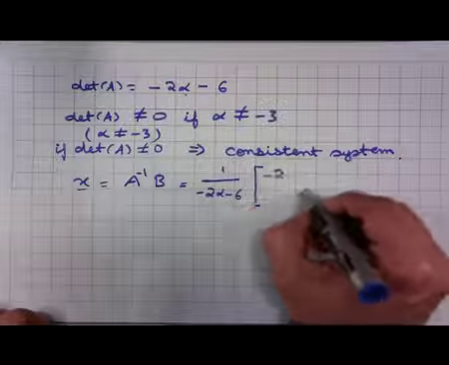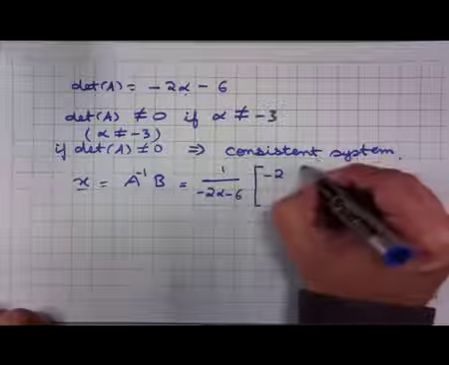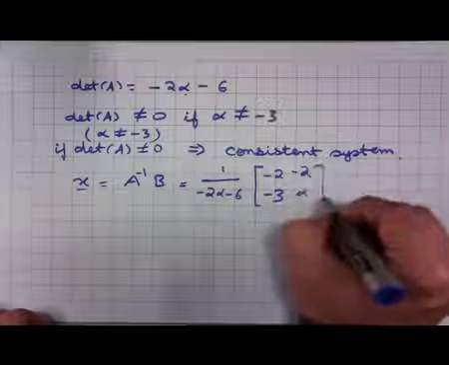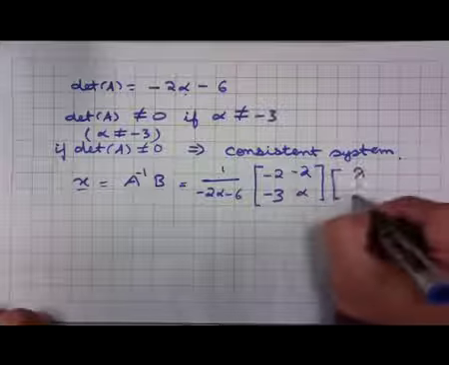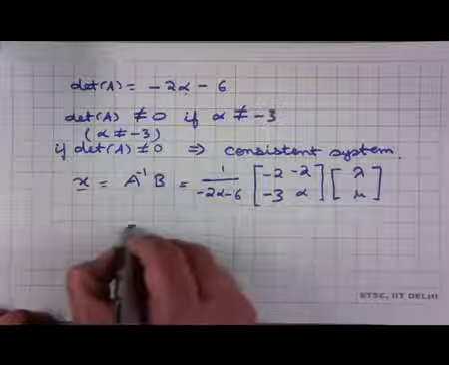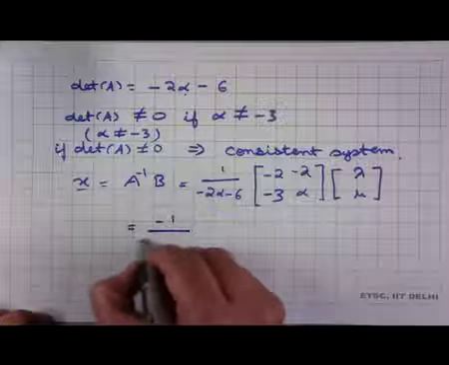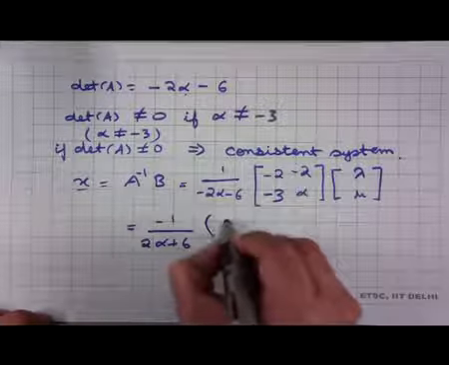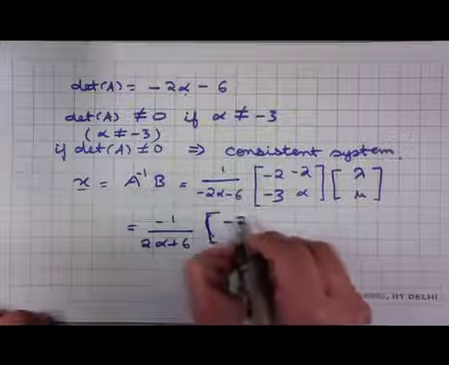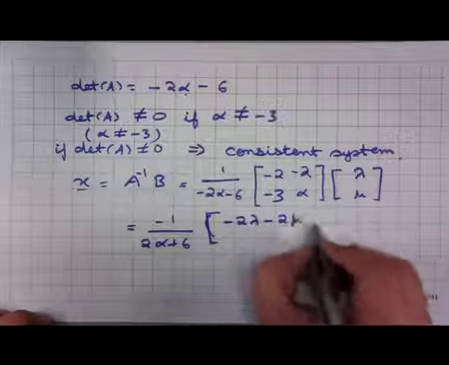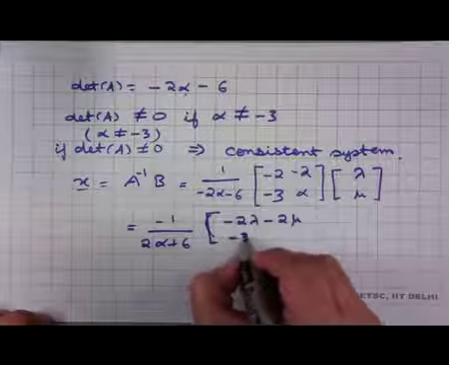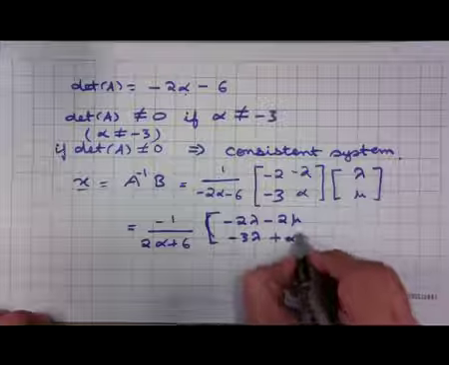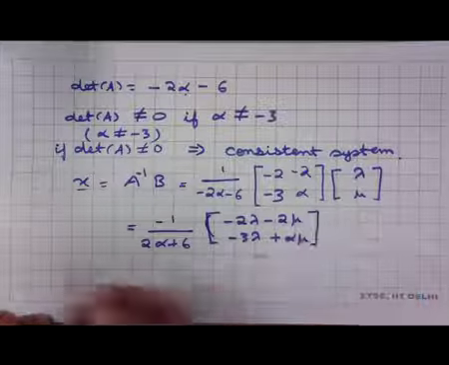So, that is minus 2, alpha, 2, minus 3, and then lambda and mu. So, what we have here is minus 1 by 2 alpha plus 6 and minus 2 lambda minus 2 mu and minus 3 lambda plus alpha mu. So, as you can see, there is only one solution